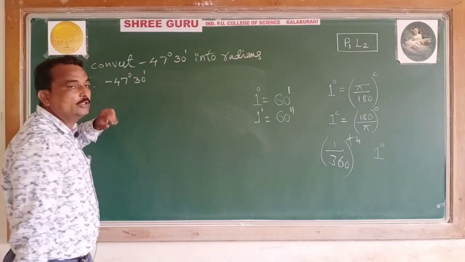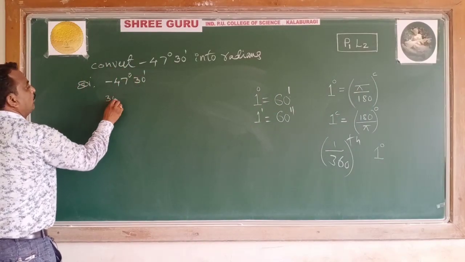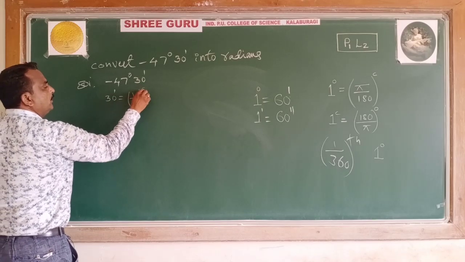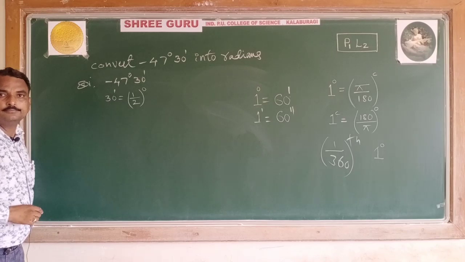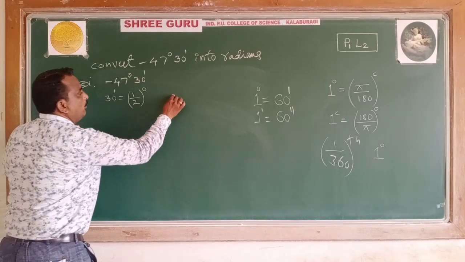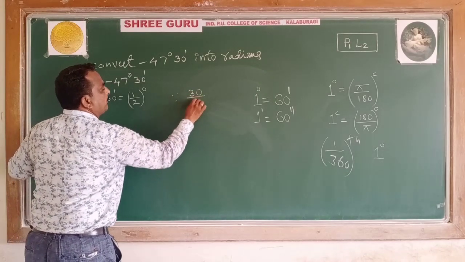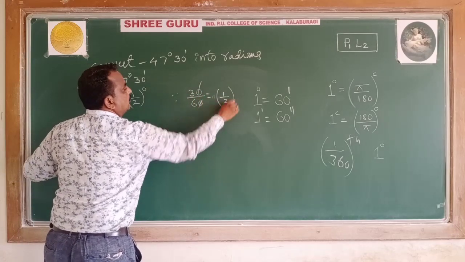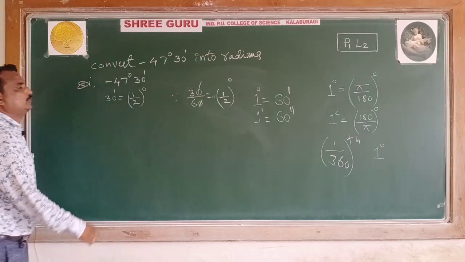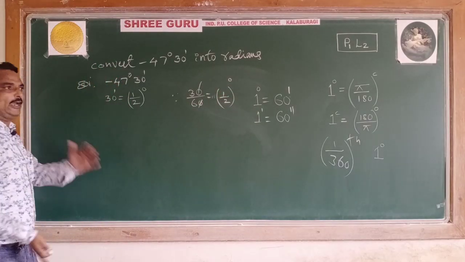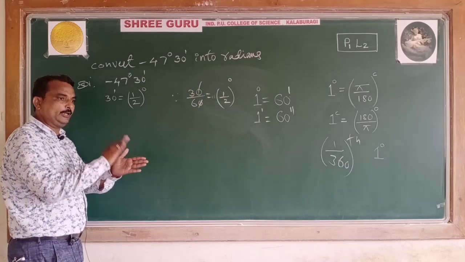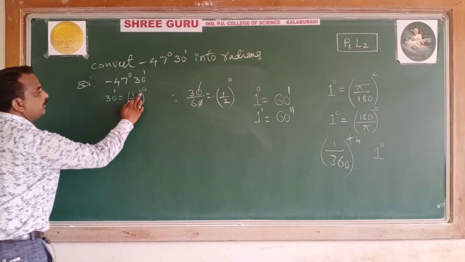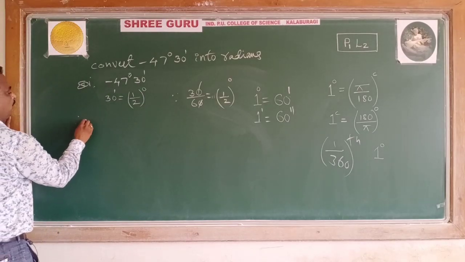So 30 minutes is half a degree, you know very well, half a degree. Clear, all of you? See how it is, 60 parts, 1/2 it is. That is the conversion of minutes to degree. If it is given in seconds, convert that second in terms of minutes, combine with the minutes, and convert that whole minute in terms of degrees. Now how much do you get? Half a degree.